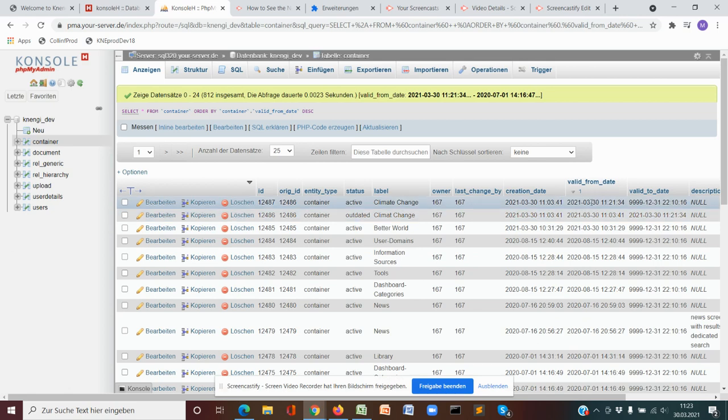So at 1121, we've created the new record, and this is exactly, let's say, the expiry date of the old record. So this is 1121. So this record is only valid until 1121, and from 1121 until far future, the new